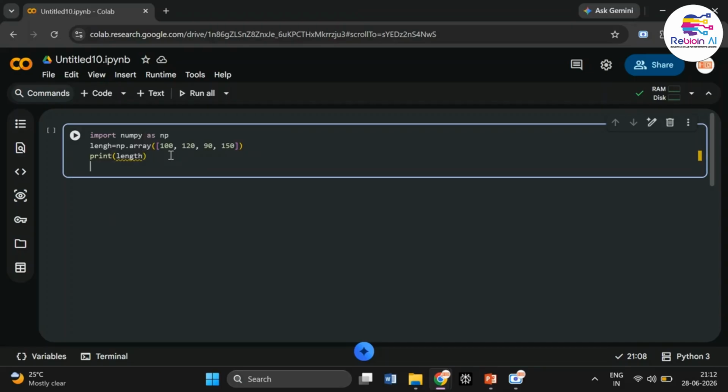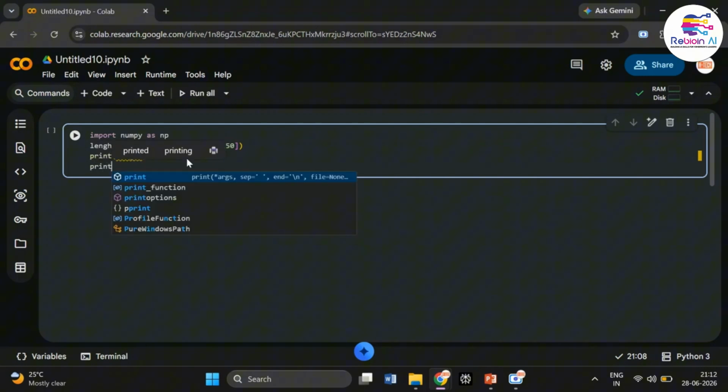And as I said, NumPy is for calculation, right? So we'll check the mean of this gene sequence. The array is nothing but a sequence of numbers. So 100, 120, 90 and 150 is nothing but the gene sequence. Suppose you have data of this kind and you want to find the mean in this data, so we'll give an instruction, print